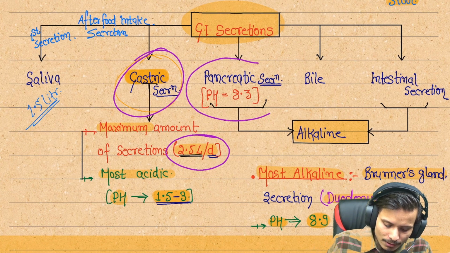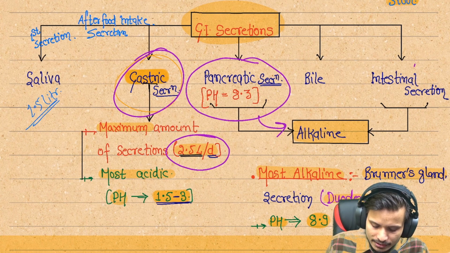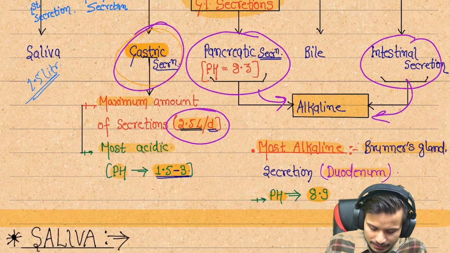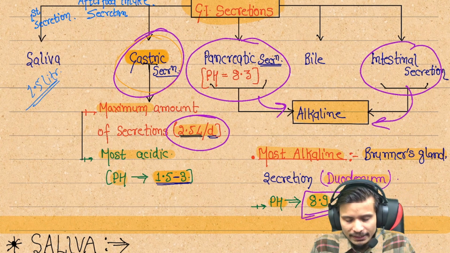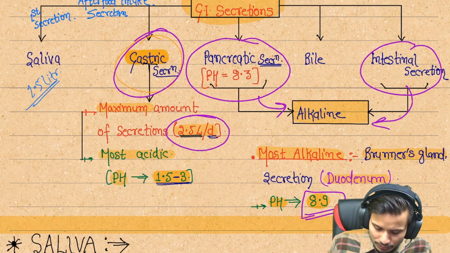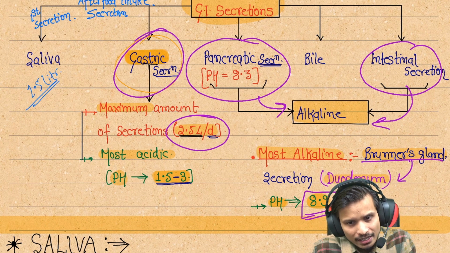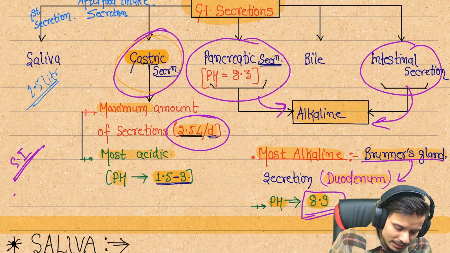The pancreas is going to secrete something alkaline, and intestinal glands are also going to secrete something alkaline, and their pH will be 8.9. The most alkaline is from the Brunner's glands, which are situated in our duodenum. Duodenum is part of the small intestine. The small intestine has 3 parts: D, J, I, that is duodenum,